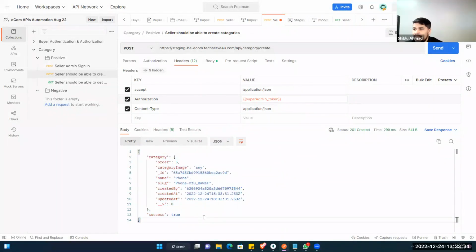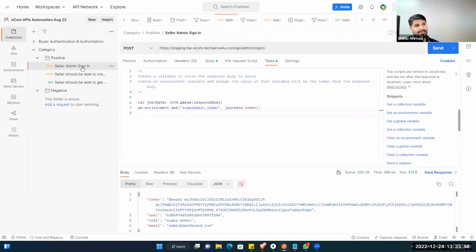So wherever we need it, you just pass the variable, not the value. The value is coming from the main seller admin. So understand the flow. Go back to the seller admin again. That's where we are actually writing the code. Then we created the environment, gave the environment name, gave the